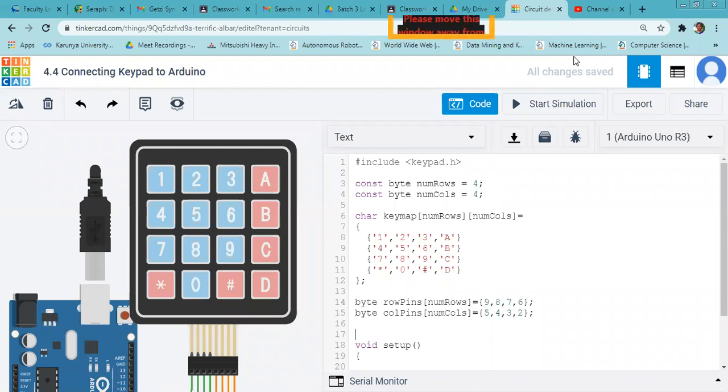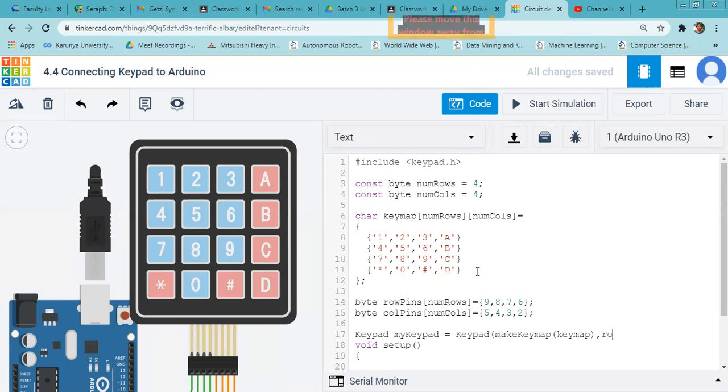Then an instance of keypad class is made. For that, keypad, my keypad instance is equal to keypad of make key map, using the key map that we have given above here. Okay.